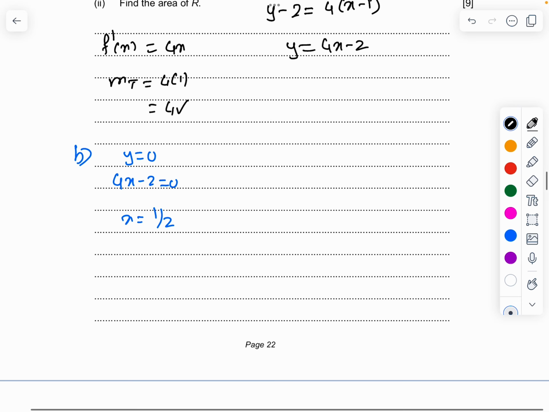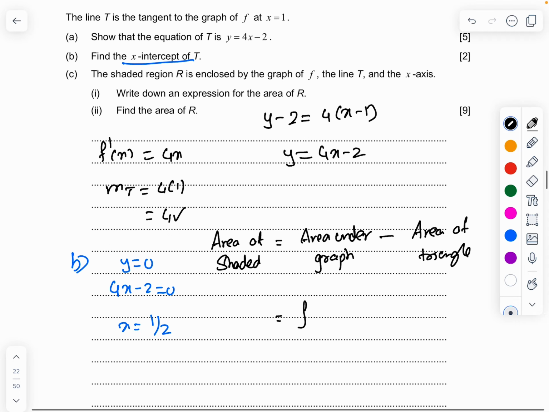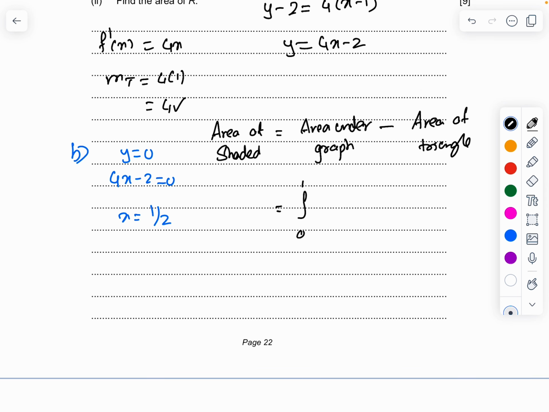So the area of the shaded region will be equal to the area under the graph minus the area of the triangle. The area under the graph will be the integral from 0 to 1 of f of x dx, minus